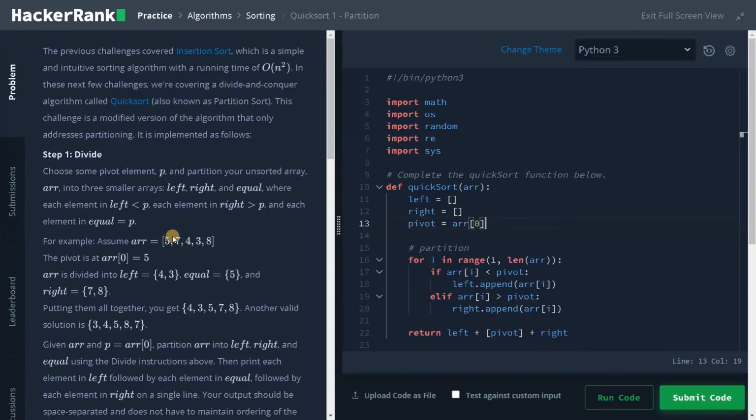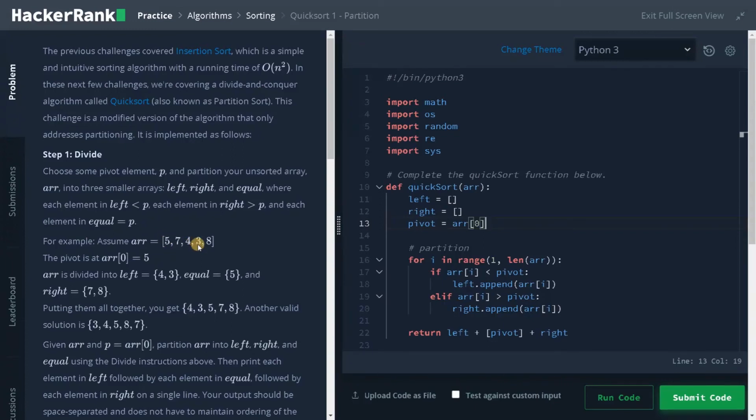So here 7 is not less than or equal to 5. The condition fails. I is here. Now for the pointer J, 8 is greater than or equal to 5. Remember, the left side part should be lesser and the right side part should be greater. So it is greater. We will move to the next element. So 3. Now the condition fails because 5 is greater than 3.